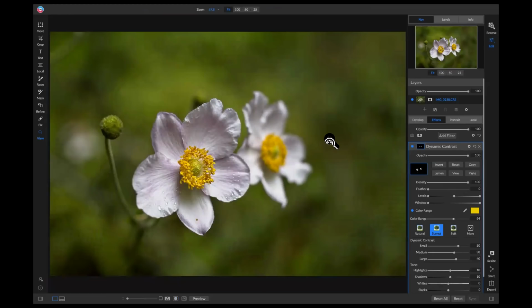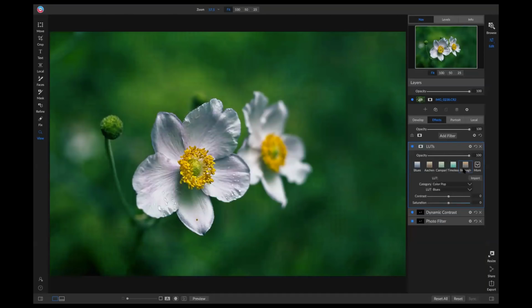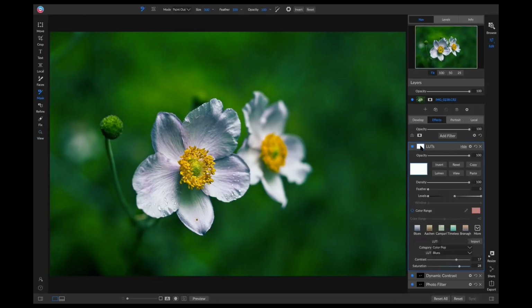And now let's say we want to create a mask based on brightness. So let's say we want to mask out these petal areas in our photo without actually modifying any of these green tones or anything else in our shot. So let's add a photo filter, and let's just add that, and let's make this just, there we go. Okay, so that's being applied to our entire shot. So let's say we only want it to be applied to this area in our flower here. What we can do is go into our masking options here, and we'll actually hit